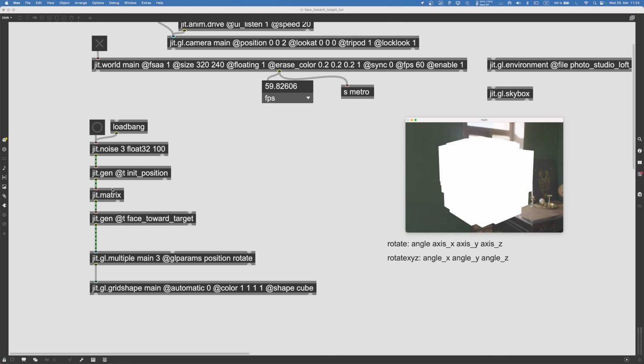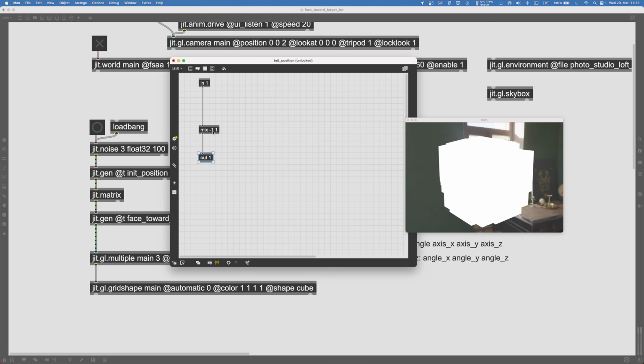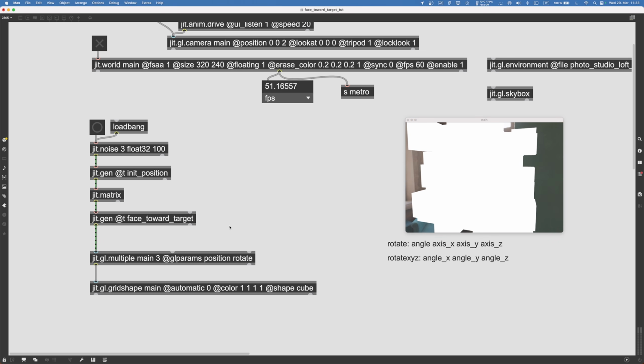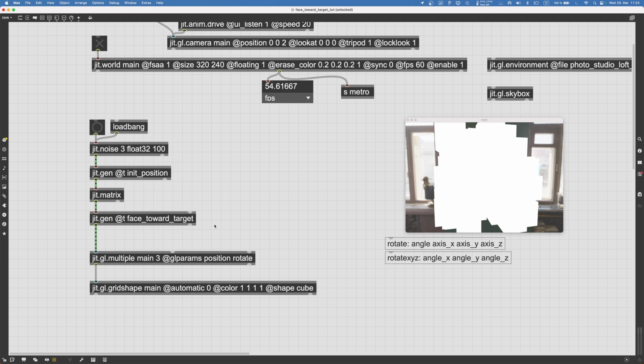All right. Let's maybe make this range a bit bigger. So instead of mixing between minus 1 and 1, let's mix between minus 4 and 4. And then we have a bunch of cubes. Cool. I would like to apply a material to those cubes. So I will go with the GGL PBR, physical based rendering, and we'll draw to main. And as a matte diffuse, let's use white, which is the same color I wanted the grid shape to have,